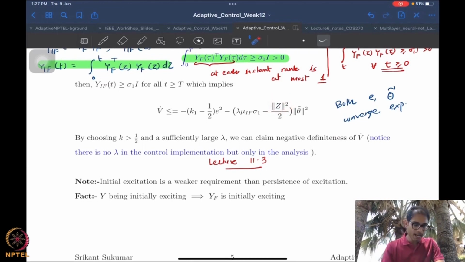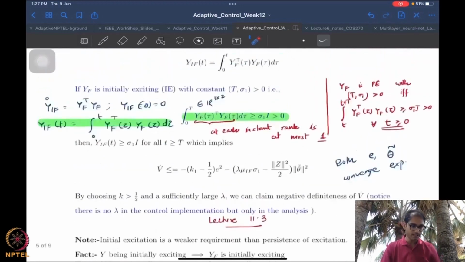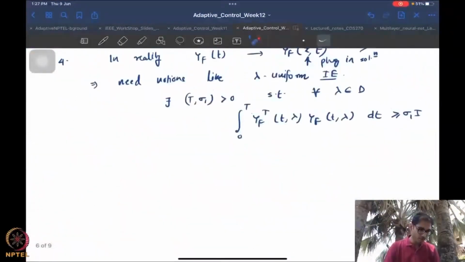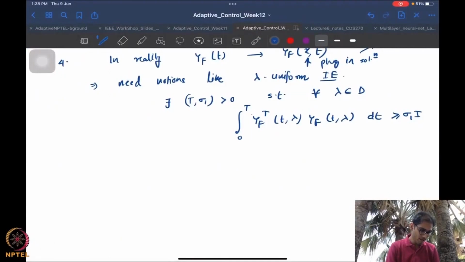Using that bound on the z, I will get another value of lambda, and from that is how I will choose my lambda. This is a very interesting point. I will put it more precisely here. How to choose lambda may not be very important for you, but it is important for any theoretician or analyst to understand how this choice of lambda is made.